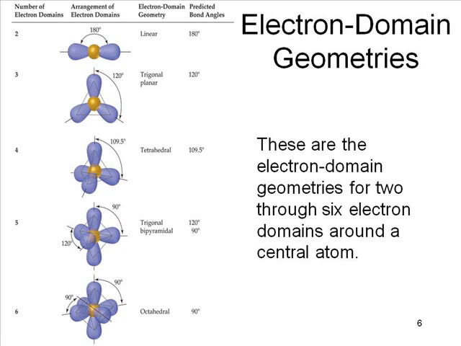5 things, you get a double pyramid. The term that our books like to use is trigonal bipyramidal. Notice in this diagram here, the molecule has 3 around the middle, and then 1 up, 1 down. If you would connect all those faces, you'd have an upper pyramid and a lower pyramid. And the